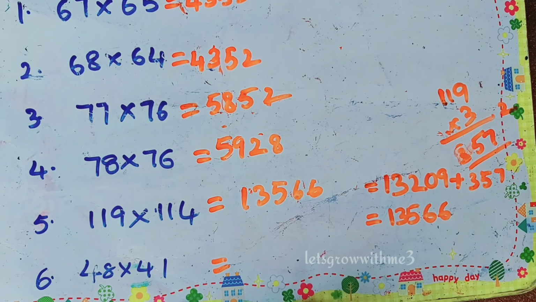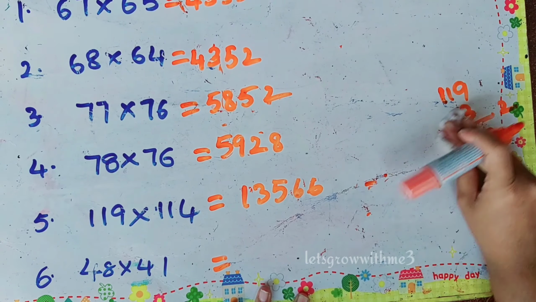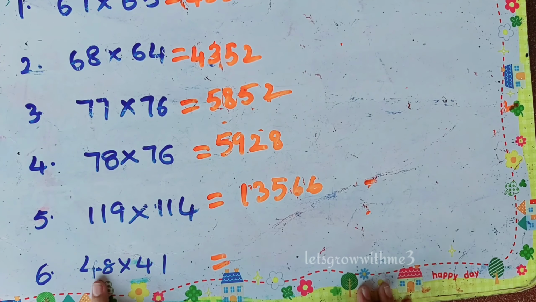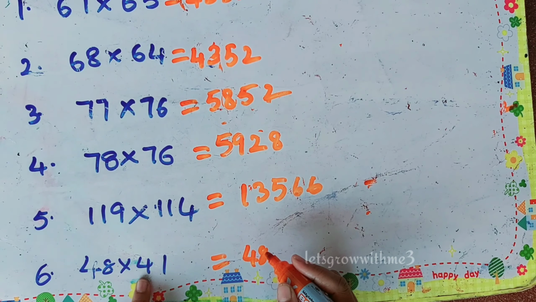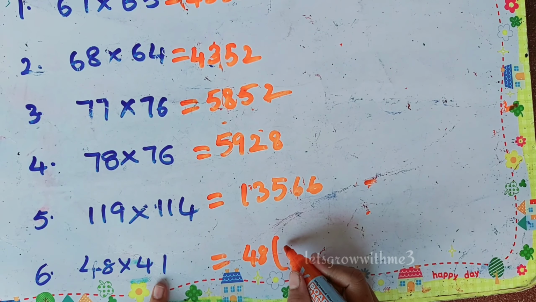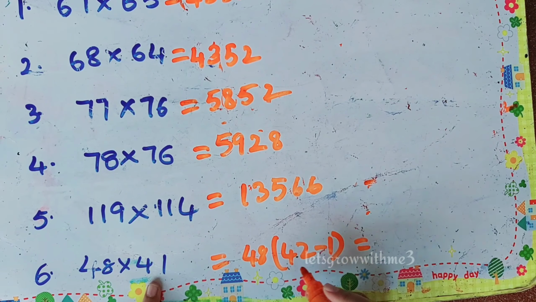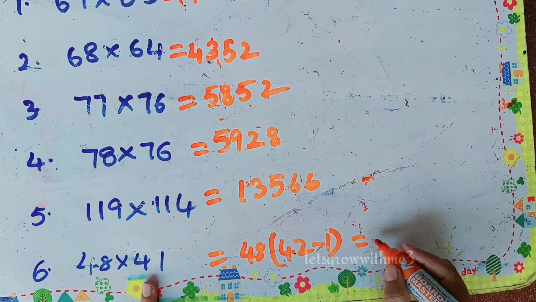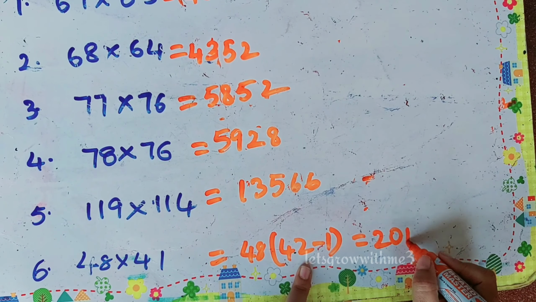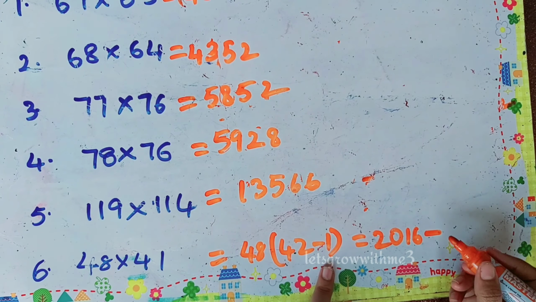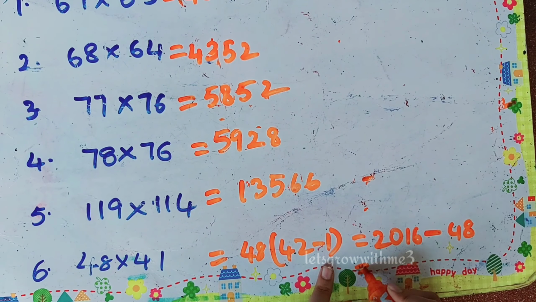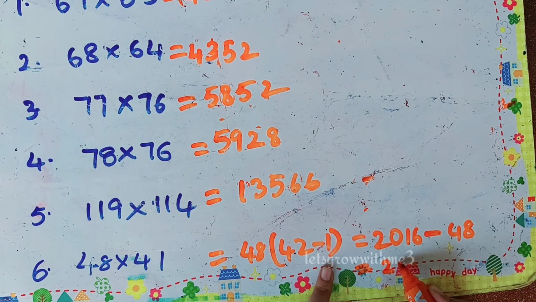So let's take the next example. Here 48 times 41. Actually you need to get 2 in the ones place, but we have 1 here. So what I will do this time, I won't add it, I'll subtract it. 42 minus 1. So now it is in the form where we can apply our first formula. So 48 times 42 means 4 5s are 20, 8 2s are 16. So minus 48. So you need to subtract. So here also we can use our Vedic maths. So the answer is,